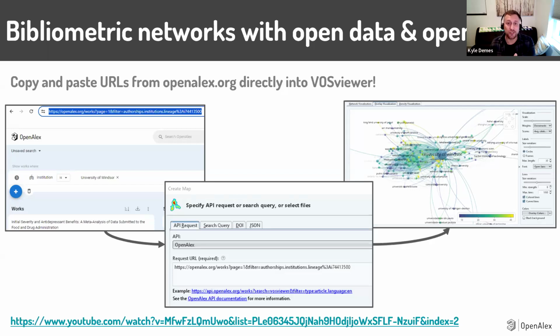And just as an example, showing off the institutional components that we get from ROR, I said, show me all the University of Windsor publications and give me a network diagram of the other institutions they collaborate with. And you can see it color coded by how impactful in terms of citations those collaborations are. So a lot of really cool things here. I did put at the bottom, you can look at this later, a YouTube tutorial on specifically how to use VOSviewer with OpenAlex data. But all of this is completely open.